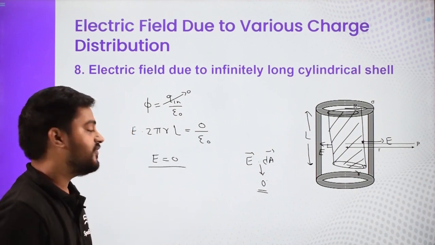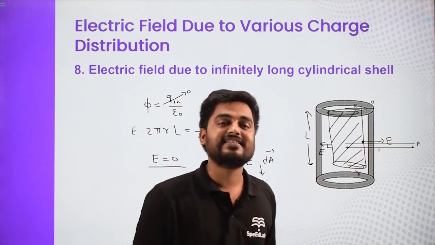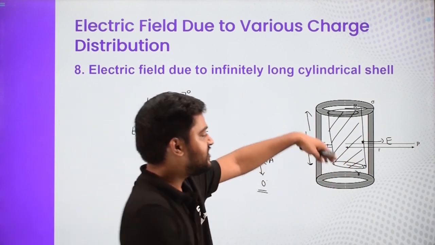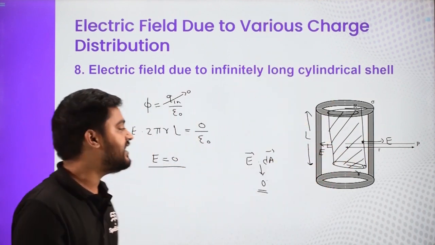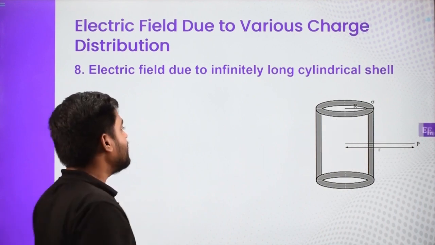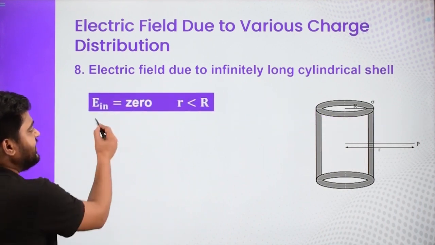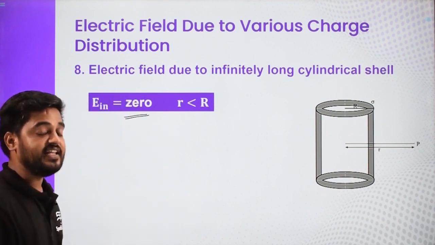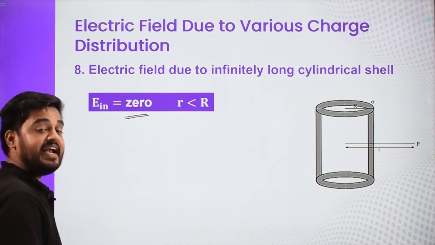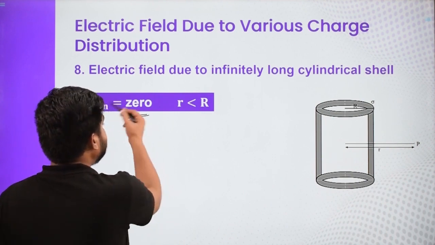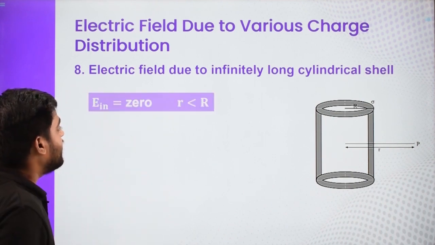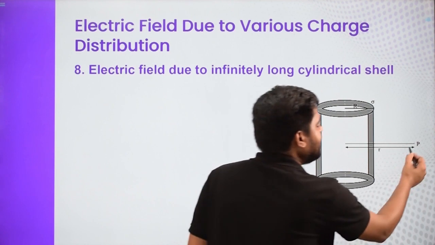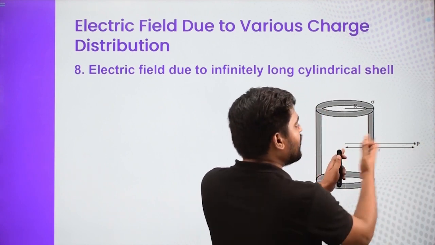So the electric field for a point lying inside a cylindrical shell, which is infinitely long in both directions, is 0. So this is the electric field for a point lying inside an infinitely long cylindrical shell, and the field is going to be 0. Let us discuss the next case, the electric field for a point which is outside the